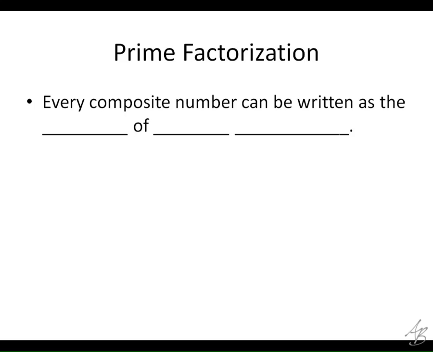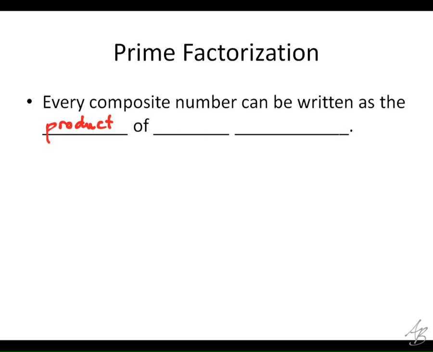What do we call it when we multiply numbers together? What's the answer to a multiplication problem? Sum is the answer to an addition problem. What's the answer to a multiplication problem? What'd you say, Jasmine? Product, yeah. All right, so what this sentence right here is saying is every composite number can be written as the product, okay, meaning that we're going to multiply numbers together. So it can be written as the product